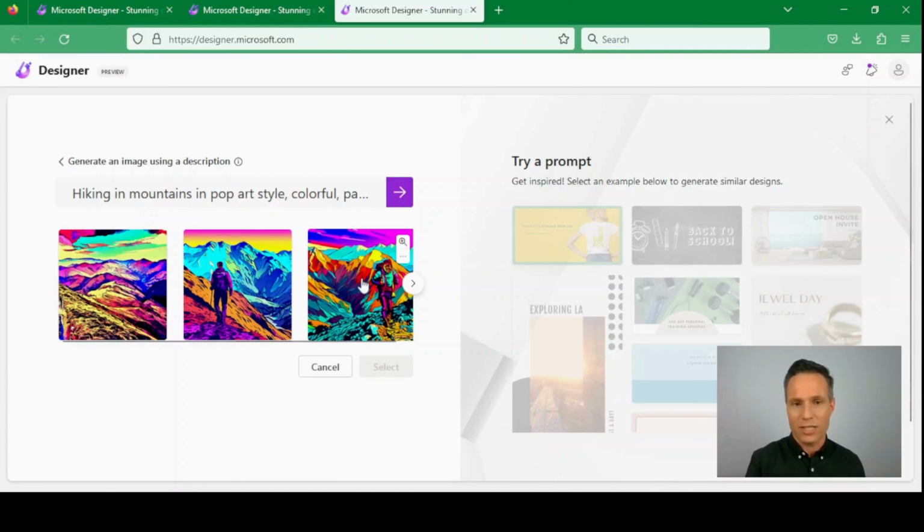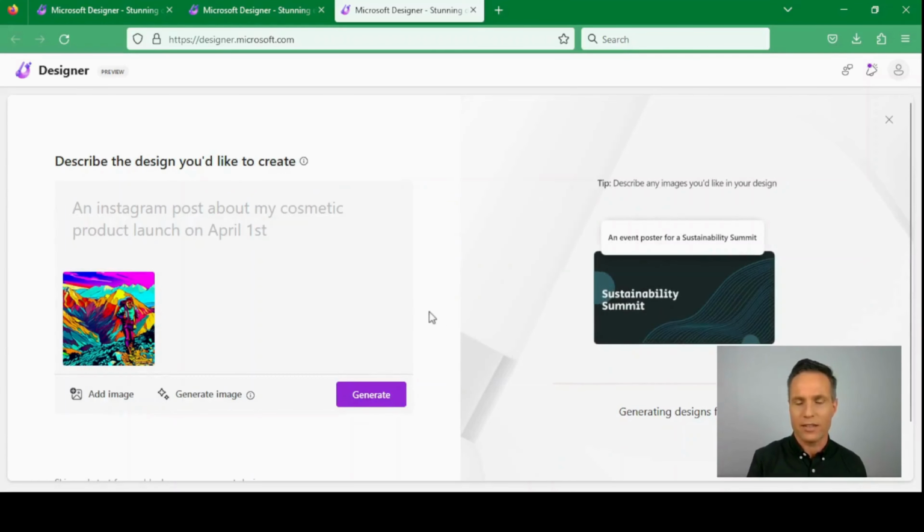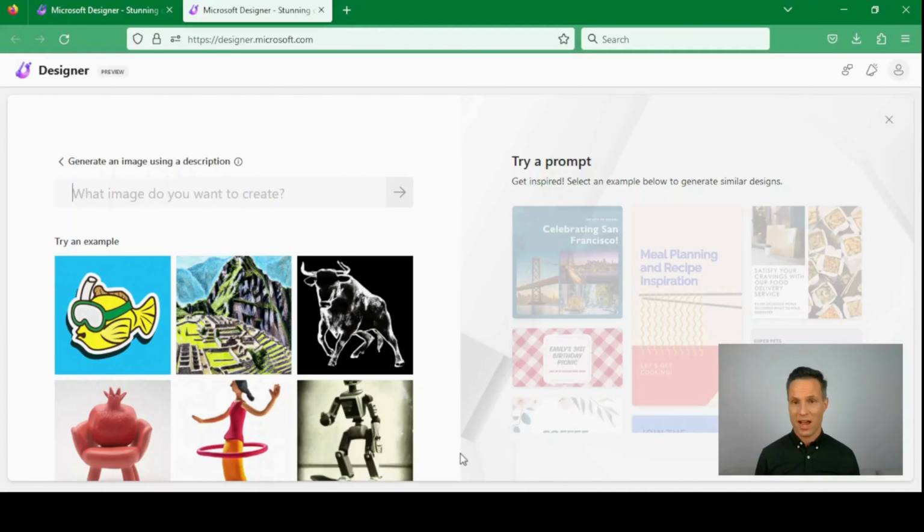Now I can just use this one, for example. I think this looks quite colorful. I select that. And on that basis, I'm now going to create the social media post like I've shown you before. I would like to take you through a few things around prompt engineering when using images. Prompt engineering is basically what you write here in this thing here. So for example, a